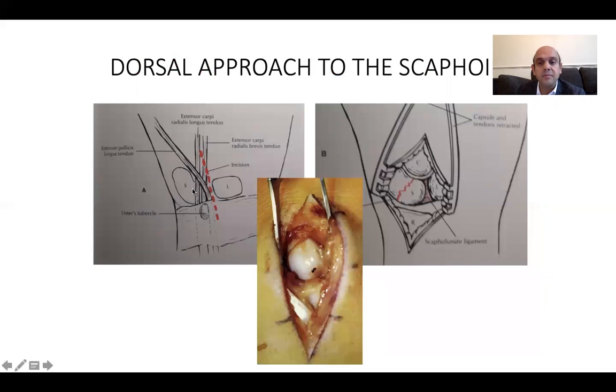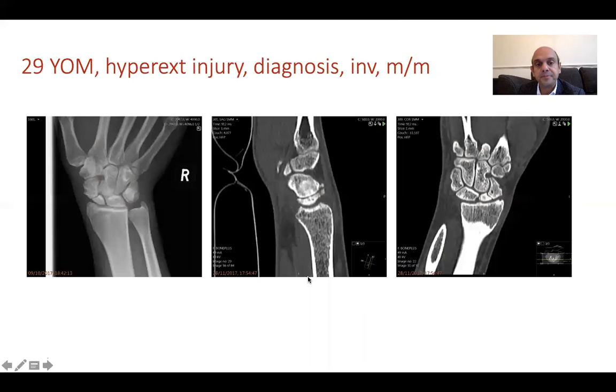Second is your retinaculum. For exam purpose, you say, I'll go between 3 and 4. So incision is centered over Lister's tubercle between 3 and 4. You partly incise the retinaculum. And then in terms of capsule, in this, you just need to partly incise the capsule to see enough of your scapholunate. So it's a modified Mayo flap. And your screw penetration, so if that's your lunate, that's the scapholunate ligament, screw entry point is very close to the lunate, which is what I pointed out here or marked here.